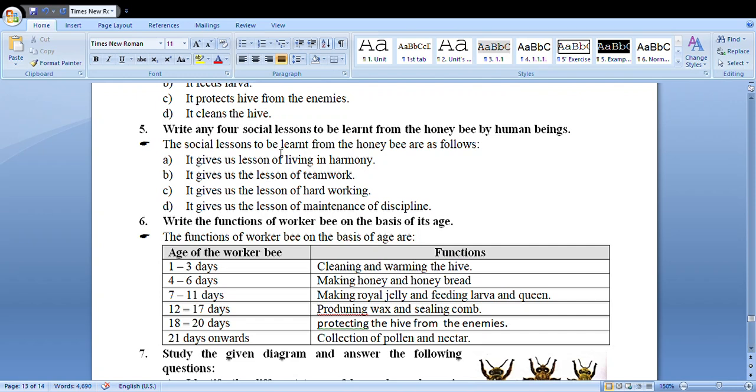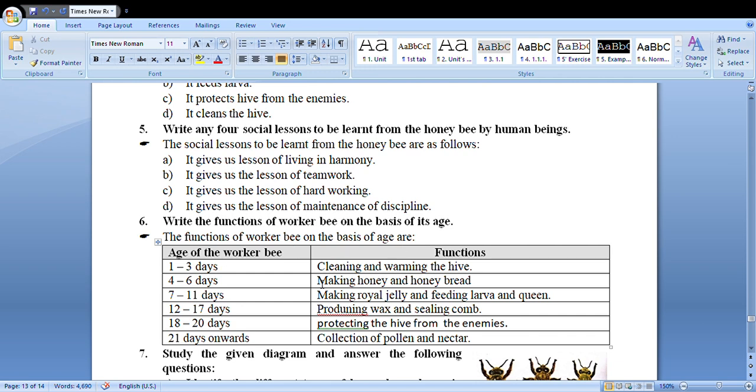The social lessons given by honeybees are: it gives the lesson of living in harmony, it gives the lesson of teamwork, it gives the lesson of hard working, it gives the lesson of maintenance of discipline. Write the function of worker bee on the basis of its age. The function of worker bee is on the basis of